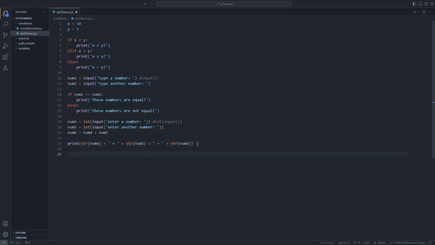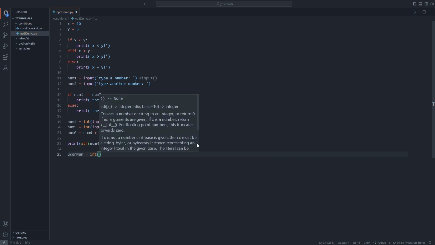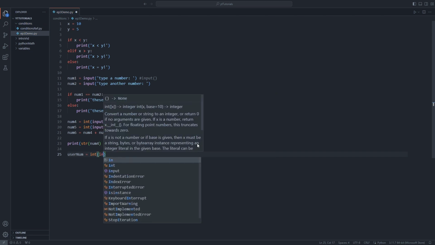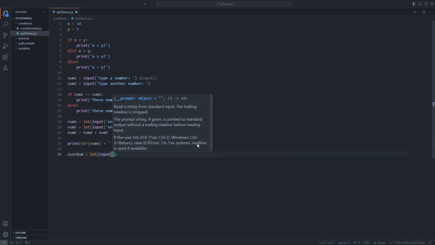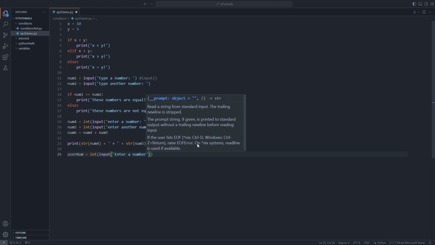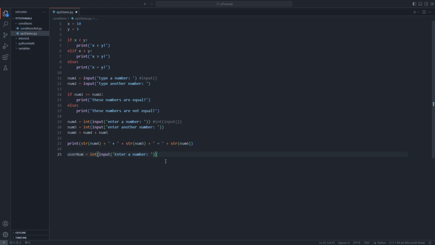So what we're going to do is accept user input and store it in a variable. We're just going to call that variable usernum. And as an integer, we want the input. And we're just going to say enter a number, and give a little space so that in the terminal, it's easy to read. Clarity. Okay. Now we're going to say if usernum